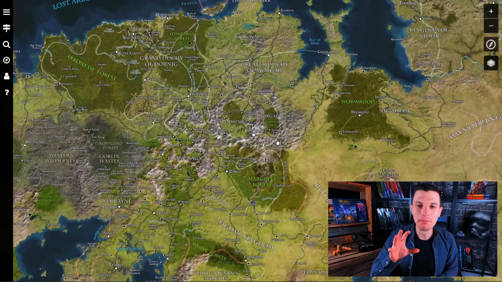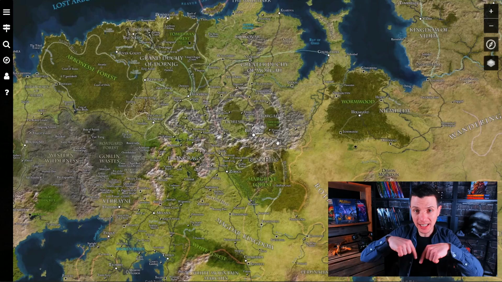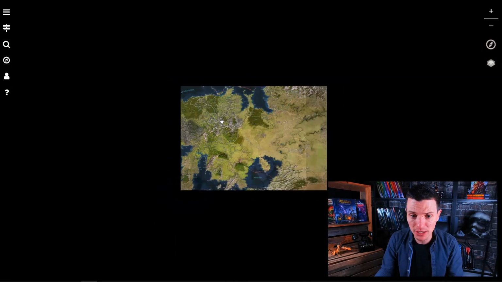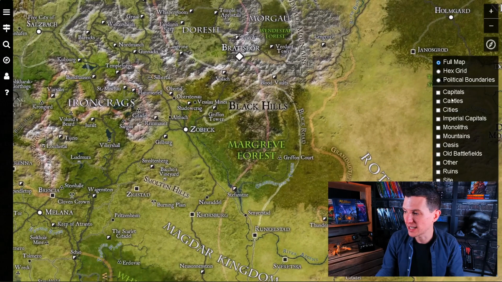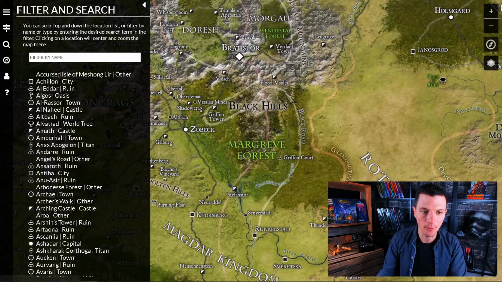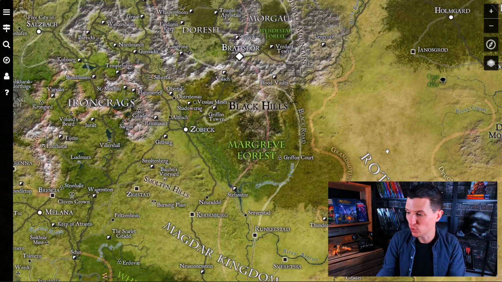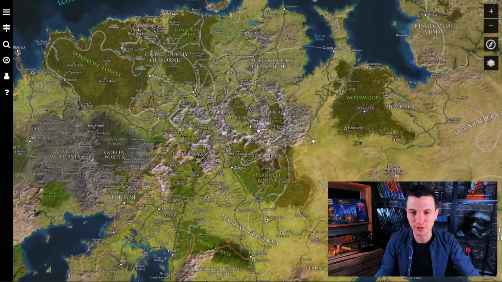So as you can see, I got the Midgard online map open. This is, by the way, a free tool for anybody to use. The link is in the description below, and it brings you to a web page that you can just use. This is just the map of Midgard. You can zoom in, you can zoom out, you can do whatever you want. All the places are on here. You can even have capitals highlighted everywhere. You can have political boundaries, all that jazz. And you can even search for places right here via the search, and it will take you to Zobak, for example. So if you have any questions about the map ever, where something is located, make sure to go to the link in the description below. It's a super handy tool and it's free to use for anybody.